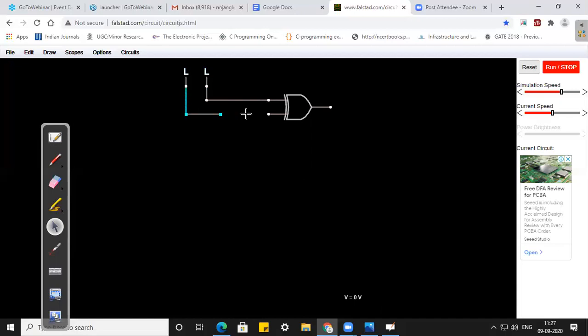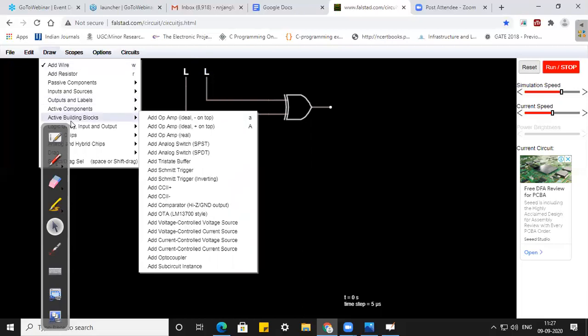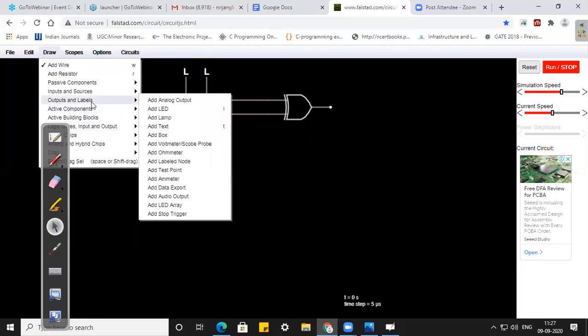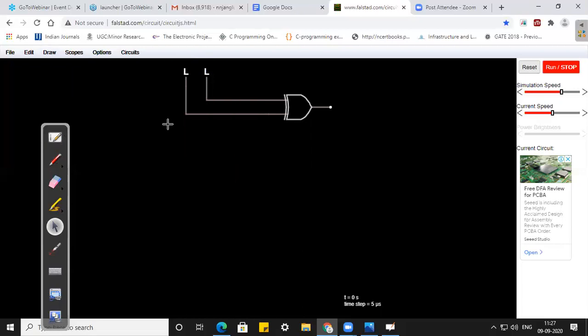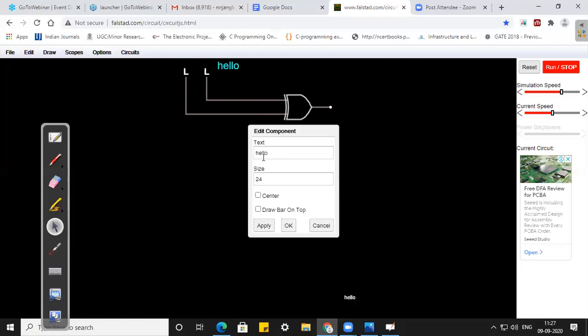Now I don't know what this LL means, so I will add text here so that I will understand which input this is. I will select text, and this text is my A0.